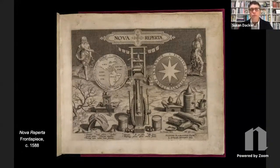And I think a lot of what this image speaks to is how printing is the linchpin of some of these other inventions. It's what makes knowledge of the other discoveries possible. It's what makes that knowledge able to disseminate quickly and easily. For instance, on the upper left, one of the discoveries that will be highlighted in this series is the discovery of America. So in 1492, Columbus sails to America. On his way back in 1493, he wrote a letter describing the first voyage. By the end of 1493, that letter had been printed and distributed so that knowledge of the voyage could be